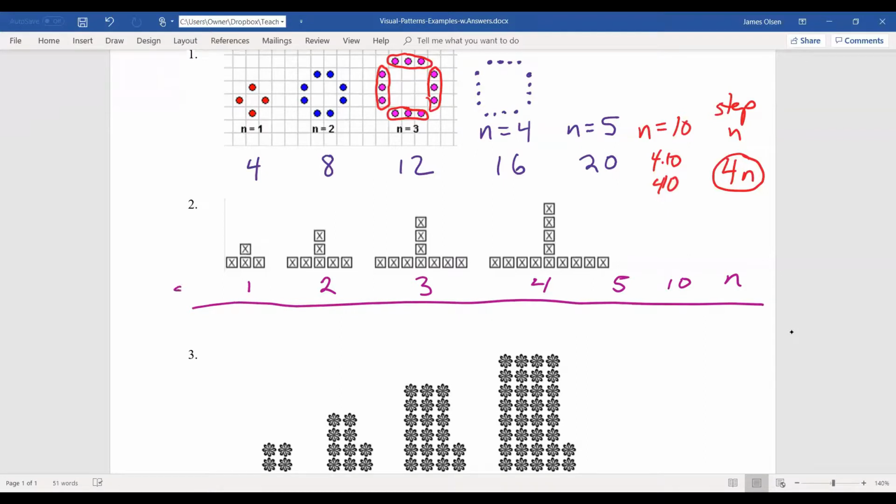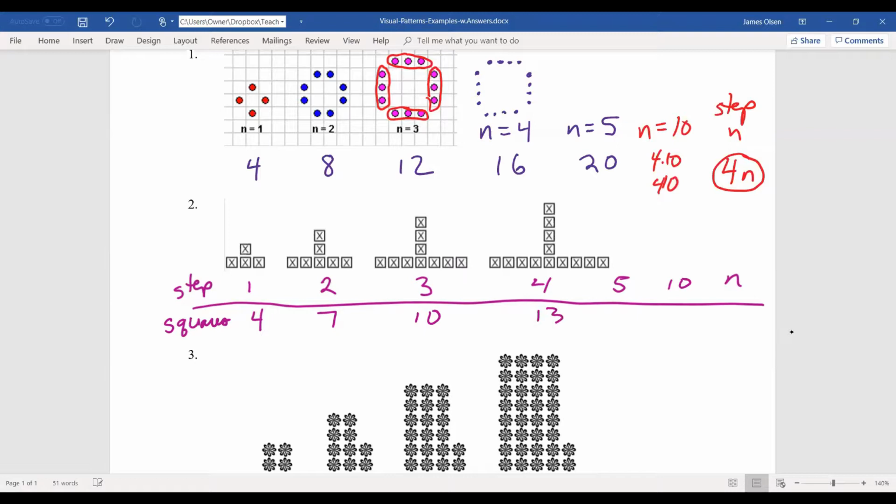So this is the step number, and this is the number of squares. And we can just count them up. We get 4, 7. You might go ahead and count them on your own. Maybe pause the video and see if you can fill in this table. 10,